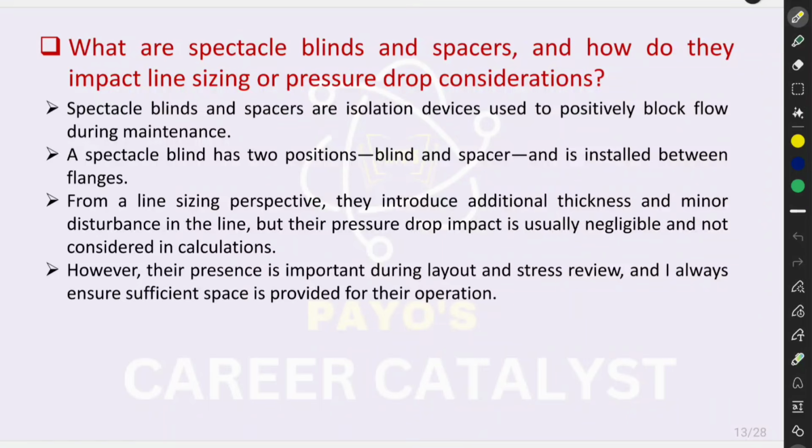From a line sizing perspective, they introduce additional thickness and minor disturbances in the line, but their pressure drop impact is usually negligible and not considered in calculations. However, their presence is important during layout and stress review, and I always ensure sufficient space is provided for their